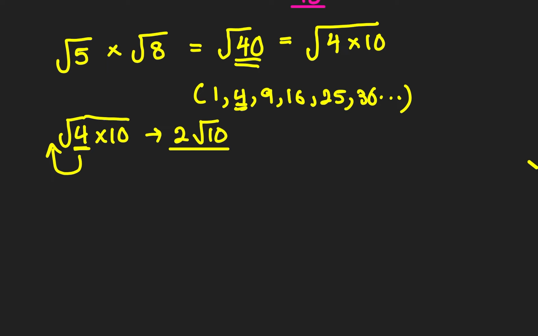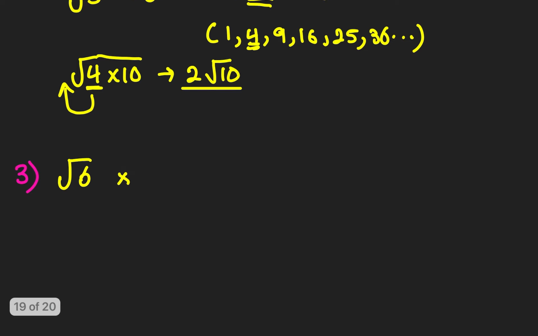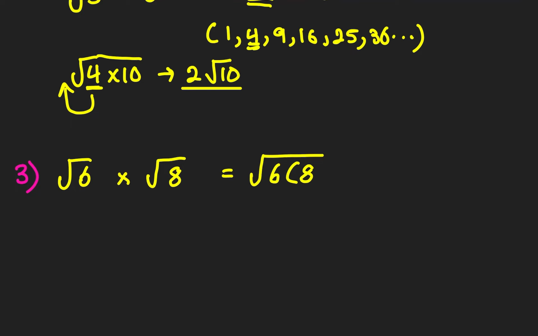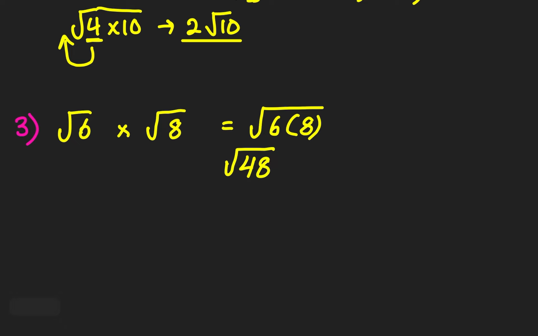Alright, now let's go for one more last example. Root 6 times root 8. This would give us root 6 times 8, so then we get root 48. Now is 48 a square number? Well, no. 48 is not a square number, so we would be expecting a simplified root or a decimal number